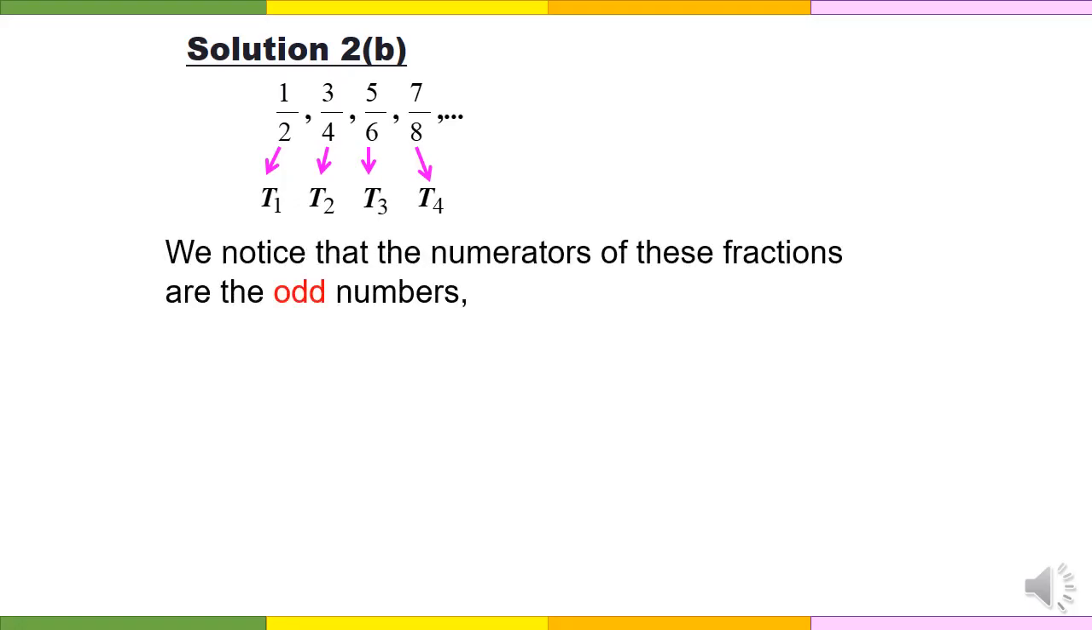Okay, so for question 2b, we have a sequence of 1 over 2, 3 over 4, 5 over 6, and 7 over 8. So for this one, because it's a fraction sequence, we can separate the numerator part from the denominator part. So we can just find the relation for the numerator and then the denominator separately. If we look at the sequence for the numerator, we notice that the numerators of these fractions are the odd numbers 1, 3, 5, 7, but the denominator is the